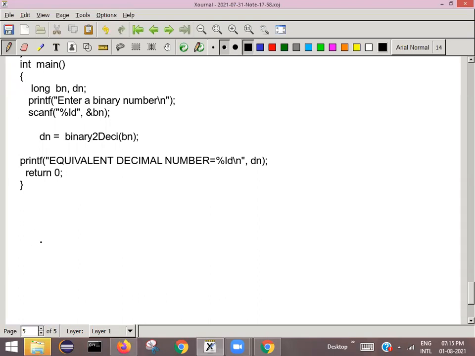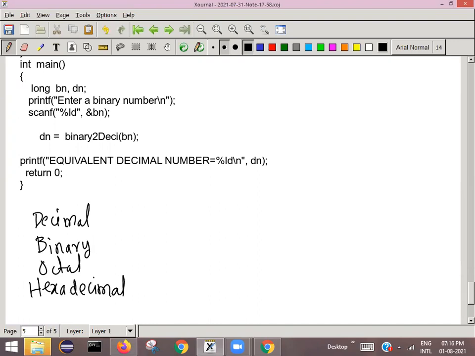Now see, we have four number systems: decimal, binary, octal, hexadecimal. From decimal to binary conversion we finished, and binary to decimal conversion programs we finished.